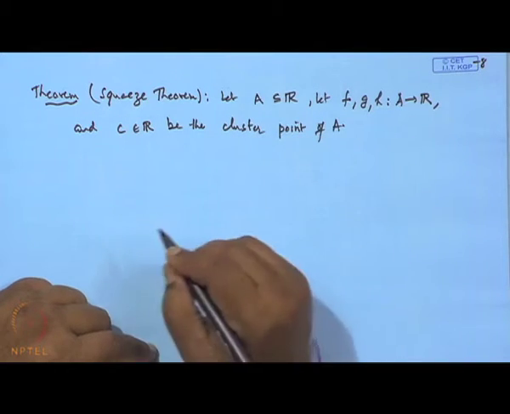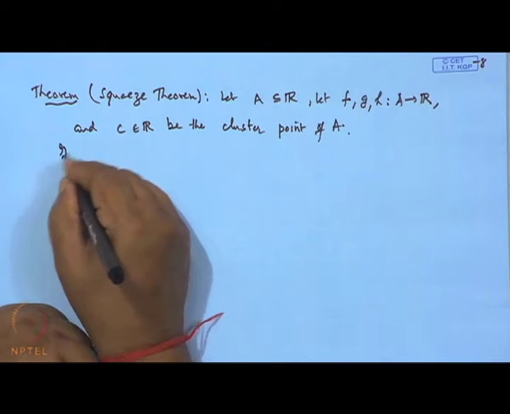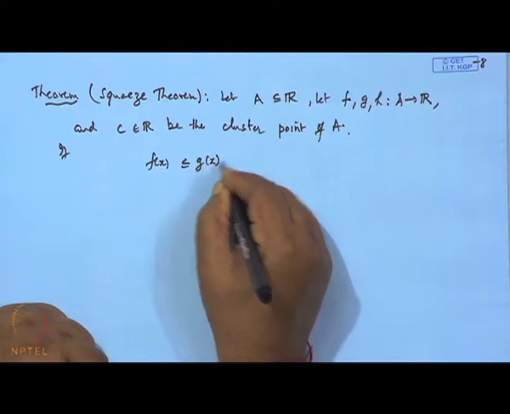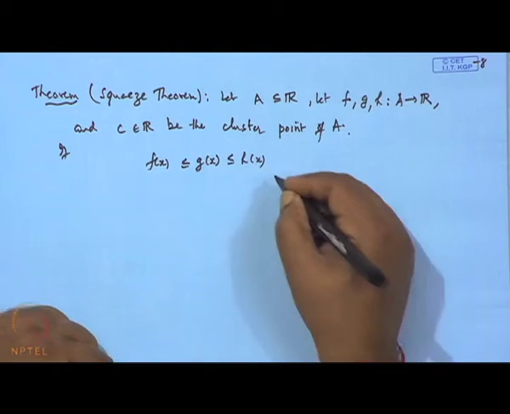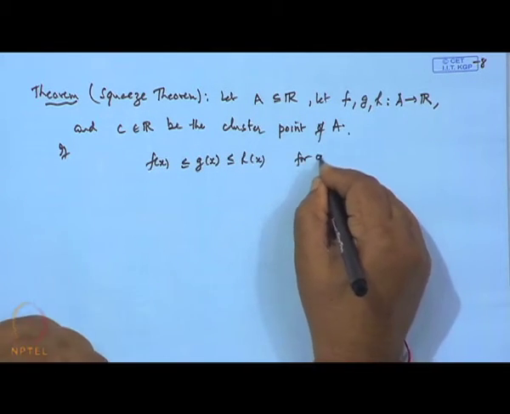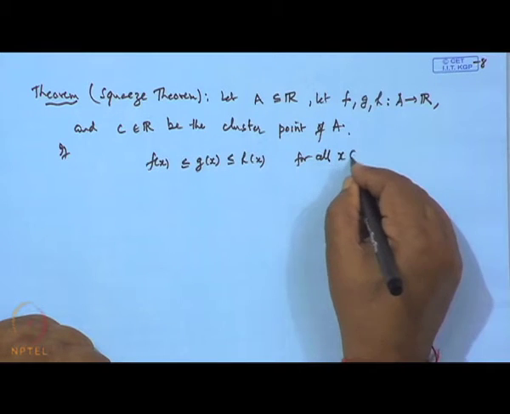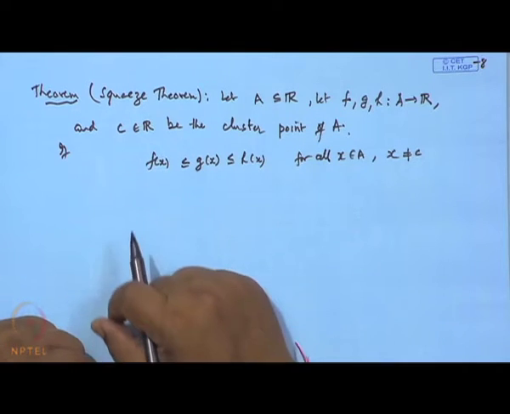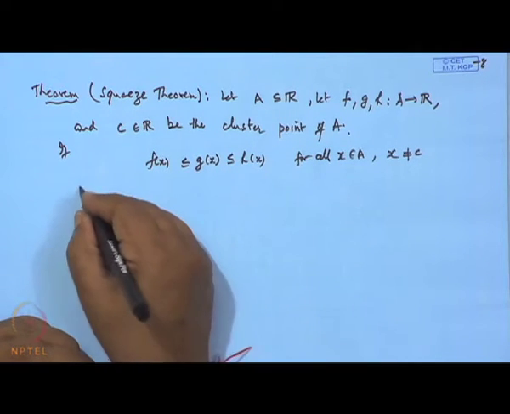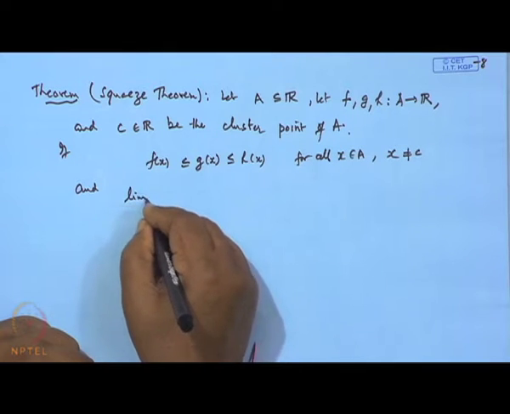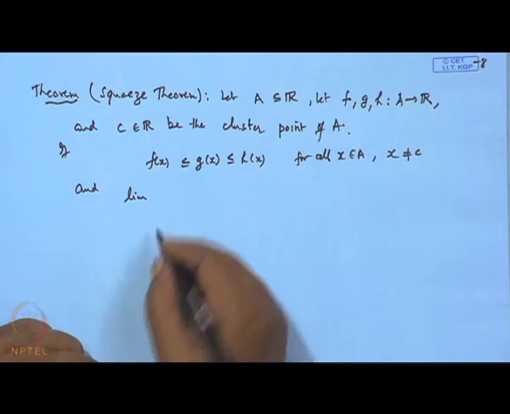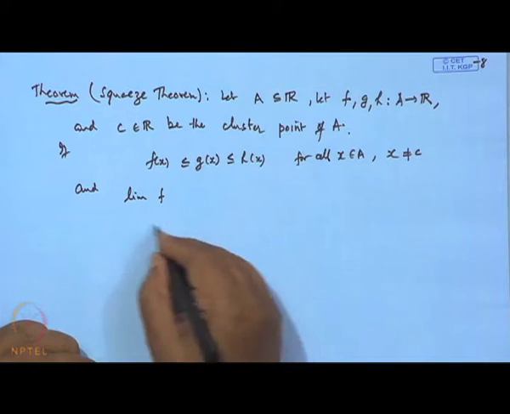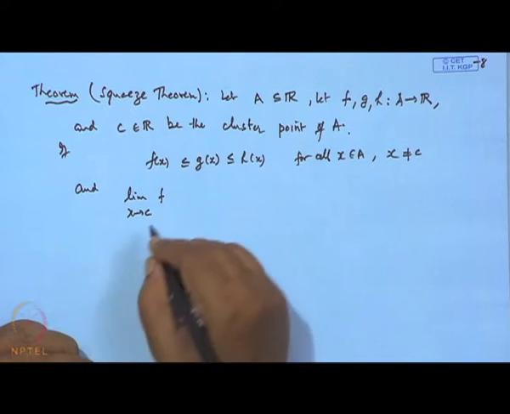Point of A. Now, if this inequality f(x) ≤ g(x) ≤ h(x) holds for all x belonging to A except say c, where x is not equal to c, and if the limit of f(x) as x tends to c is L,